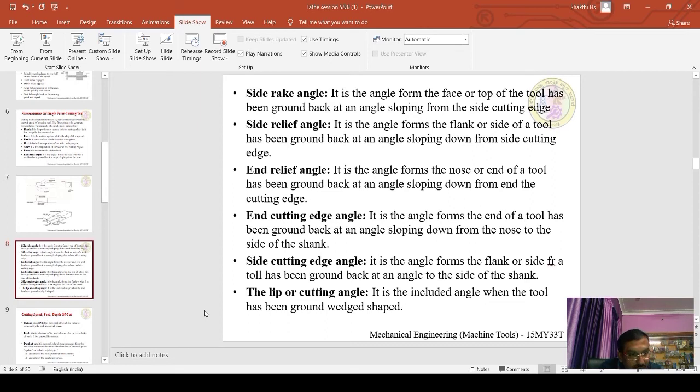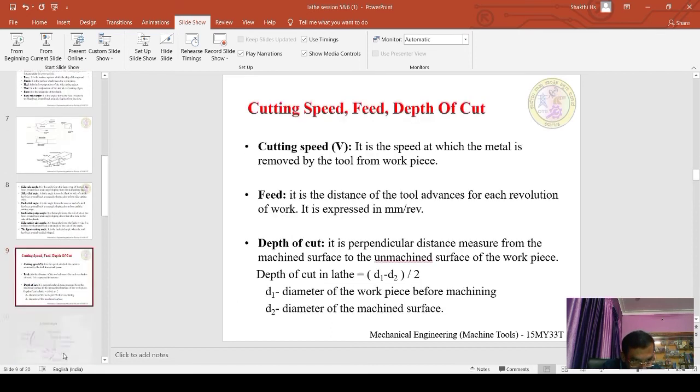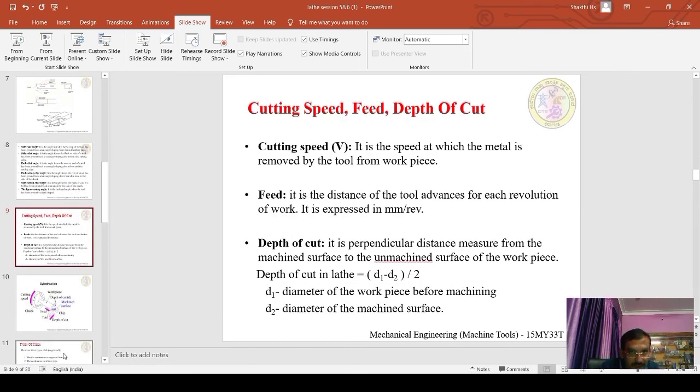Next we move on to cutting speed, feed, and depth of cut. These are also important. These are the important factors followed in lathe cutting operations, and this particularly refers to the lathe only. Cutting speed is denoted by the letter V, and it is the speed at which